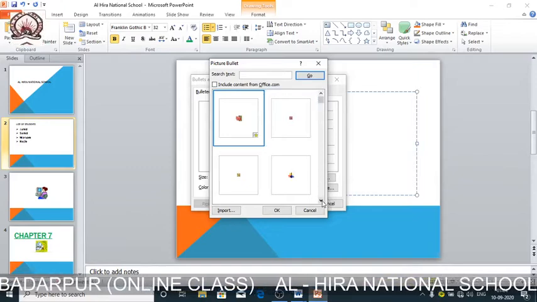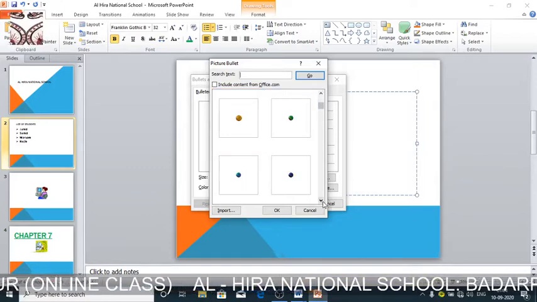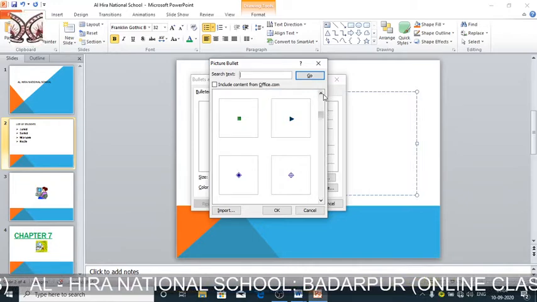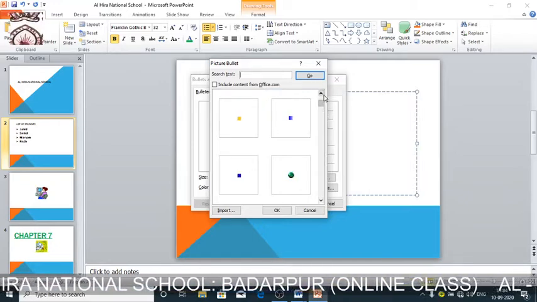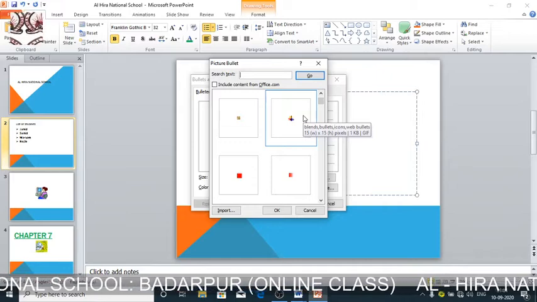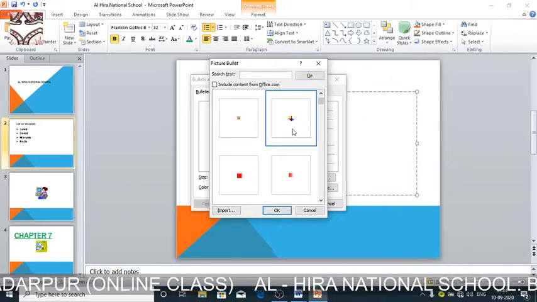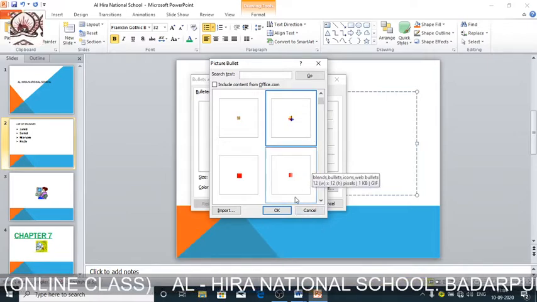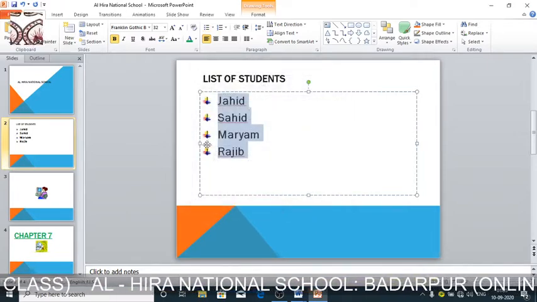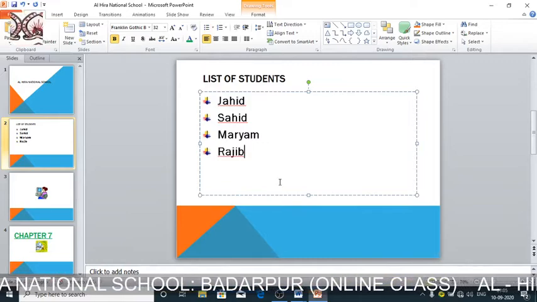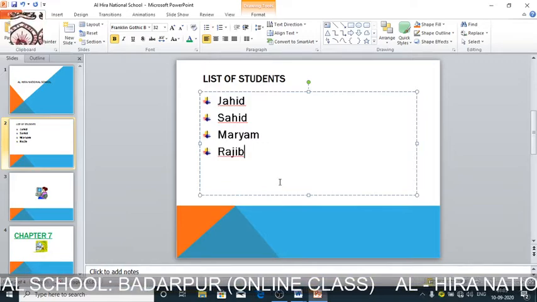There are so many pictures, we can choose any picture of our choice. Let me take this one. I choose the picture, and you can double click it, or select it and press OK. So all of this has come in that picture design.